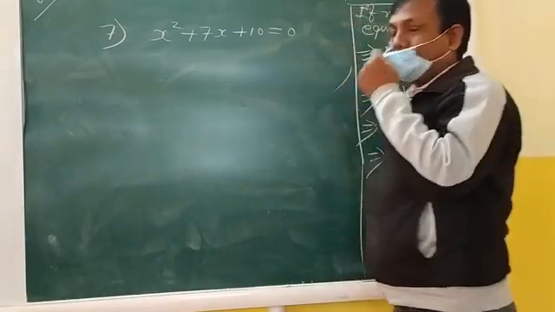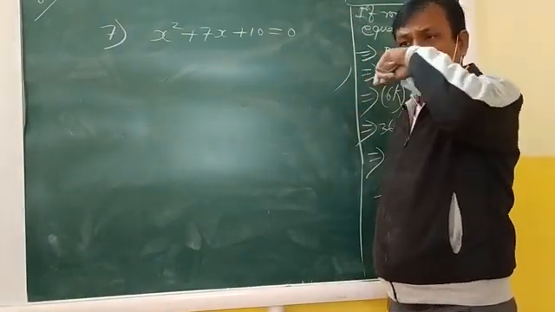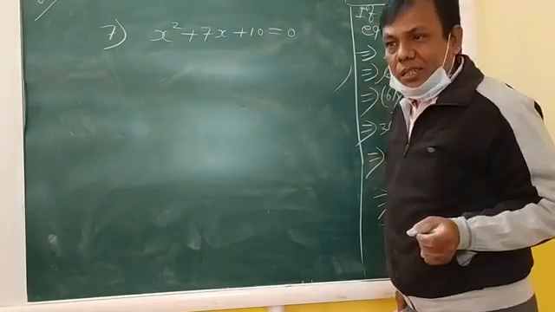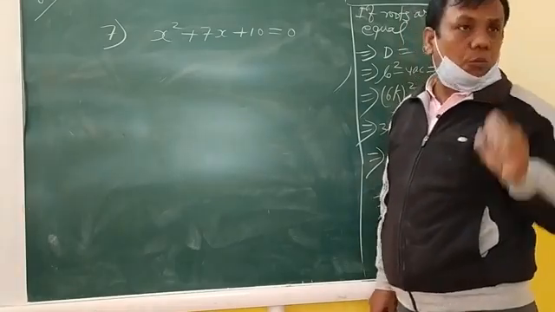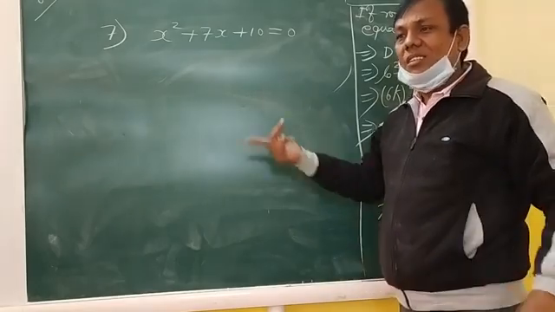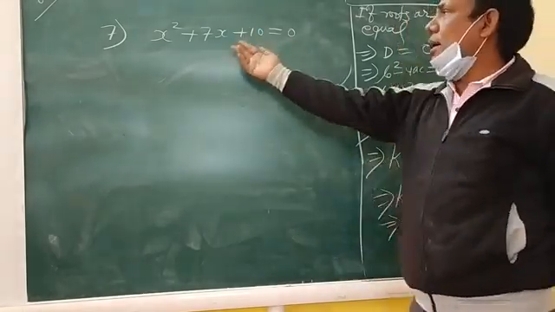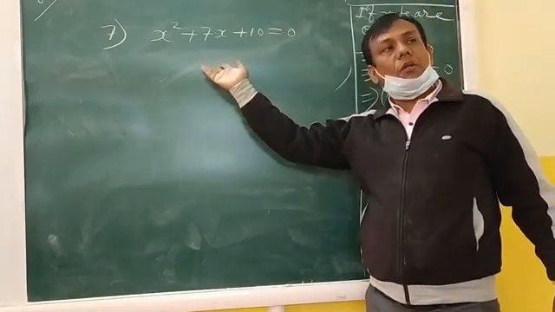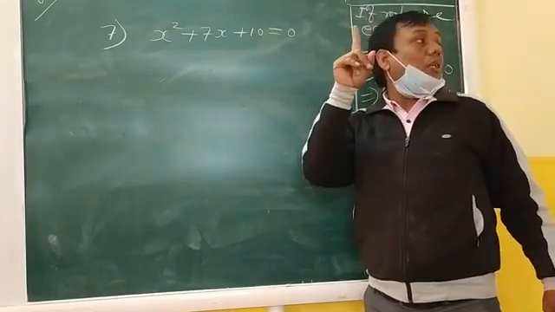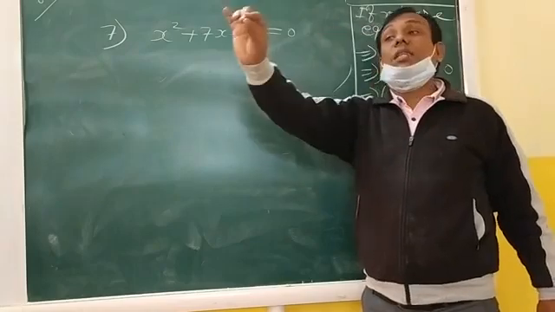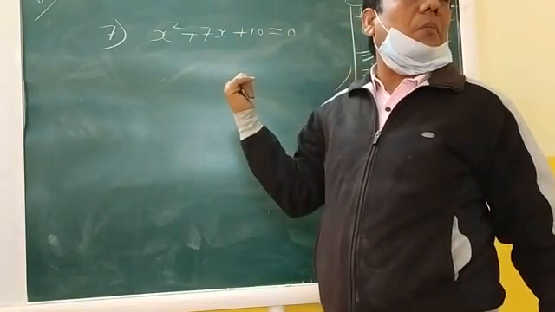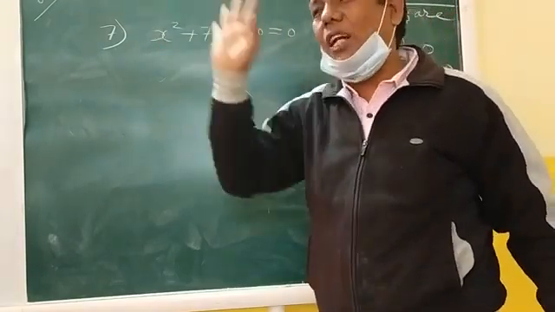So what you will do? There are two ways of solving this question. First way is that either you can do the middle term split or by using the quadratic formula. So you know very well, if you apply the formula, it will take much more time, right? But if you split the middle term, it will be quite easy. You know when you have to use the formula? Use the formula only if the question is asking that use the quadratic formula. Otherwise, use the middle term split or do the factorization by any way as you think.